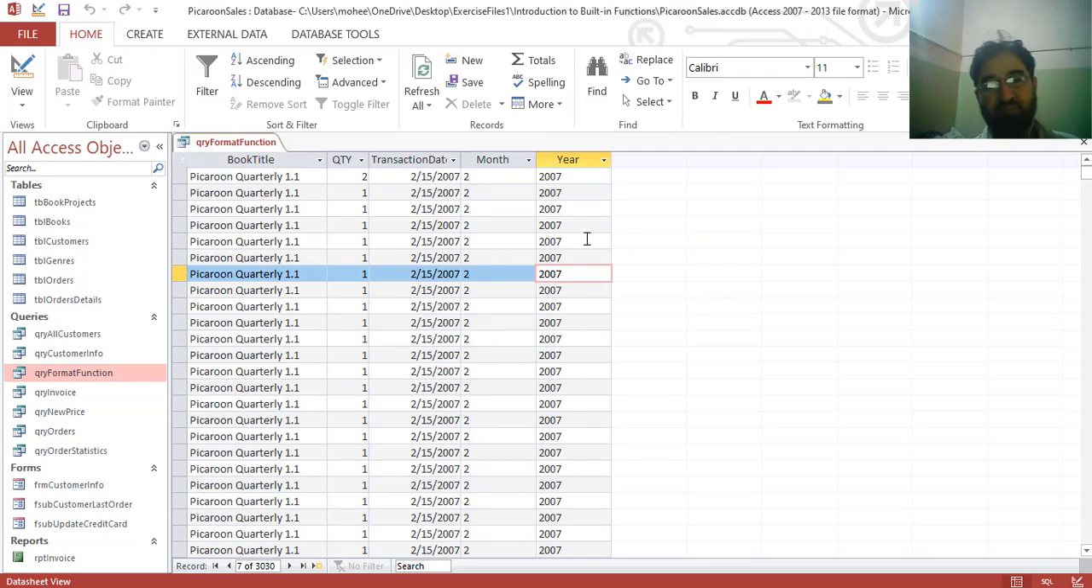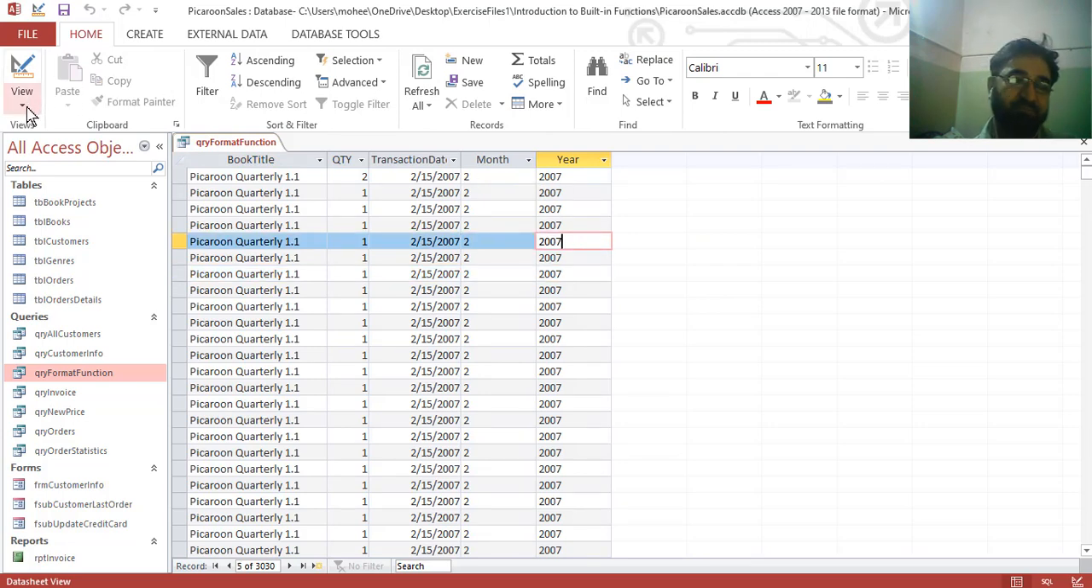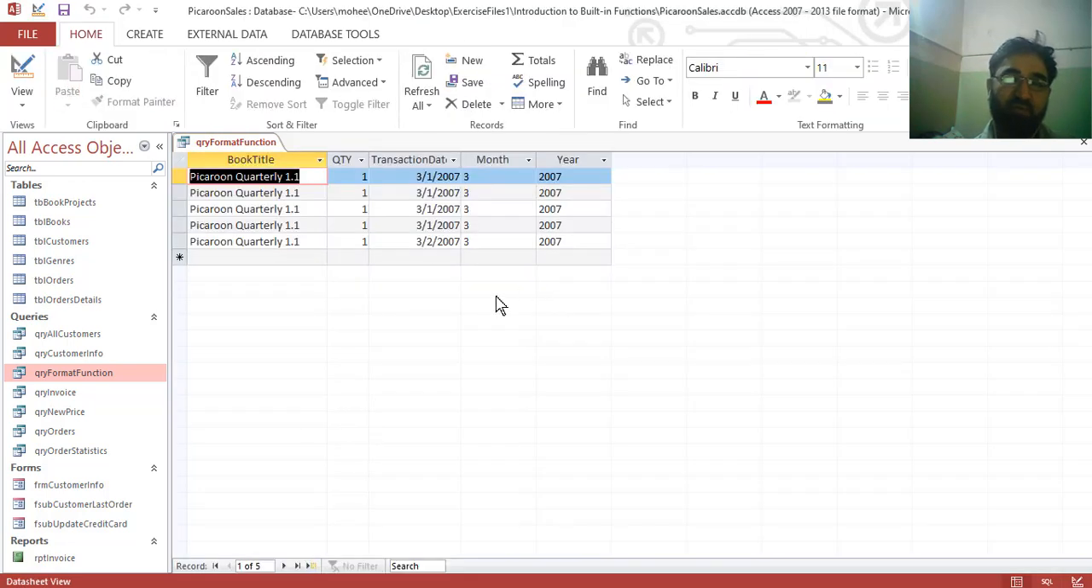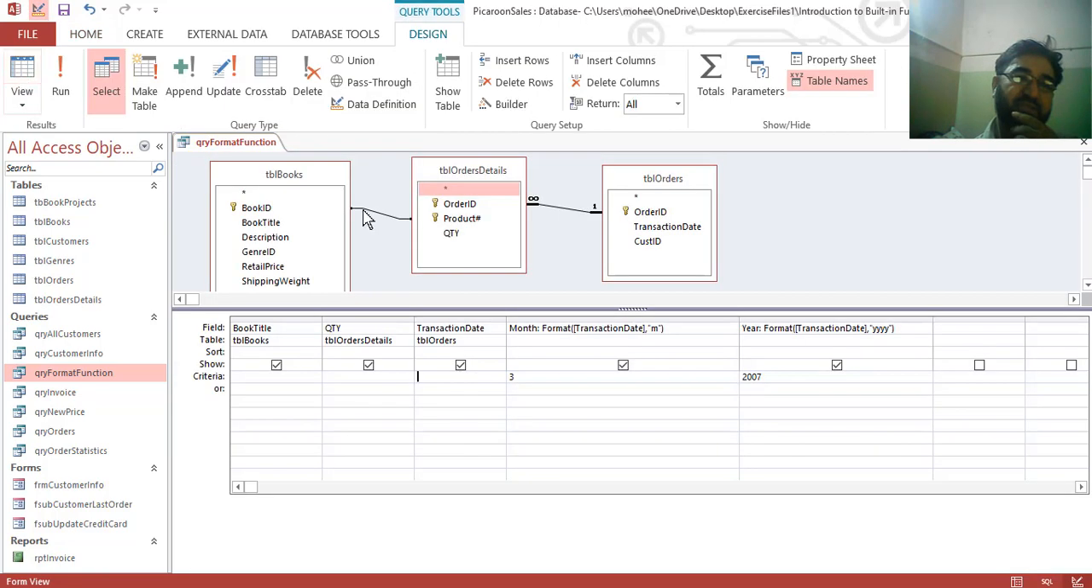Here we can see that we have extracted the year part. Now we can do with this, for example, we want the month 3 and we want the year 2007. Now if we run this criteria, we will get the month of March and the year 2007. And the same way we can enter the month from 1 to 12 and we can enter any year. For example,